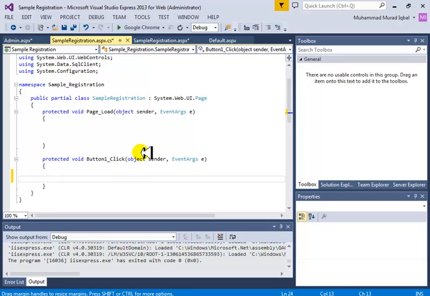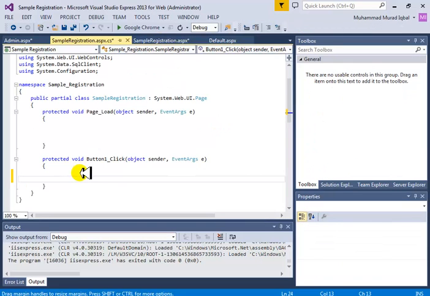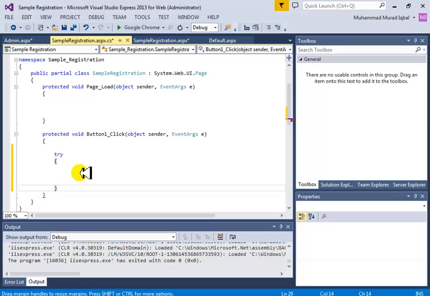I go to my button click event. The easy way is to double click the submit, and you should come over here, and over here I'll attempt to connect to the database and do the insertion. So put everything in the try block. What this will do is, if there is an error, it will report to me that there is an error and what exactly the error is. The try catch block, exception ex,